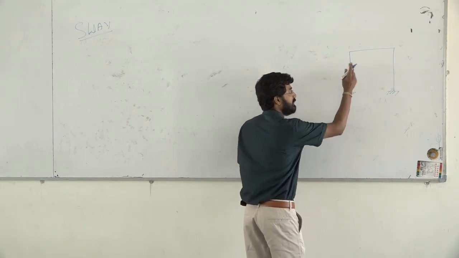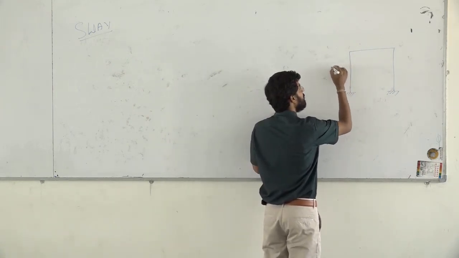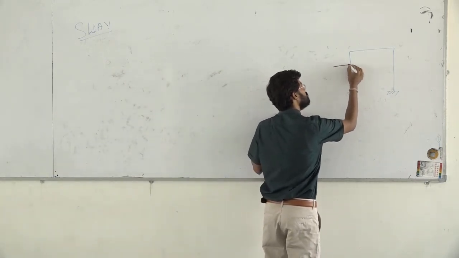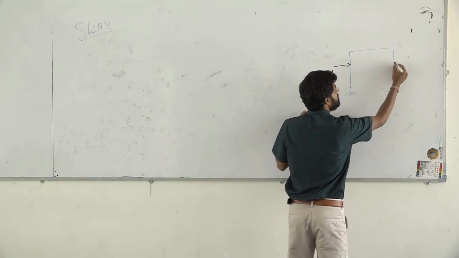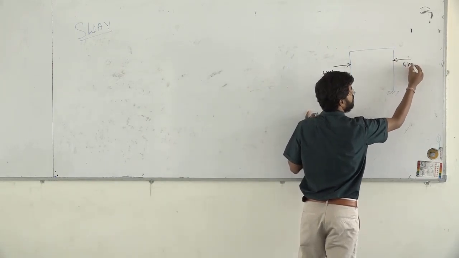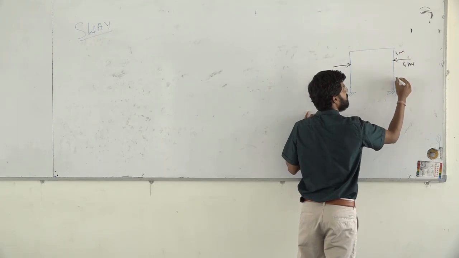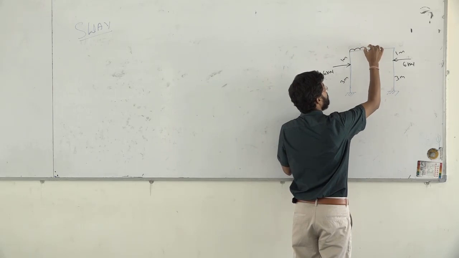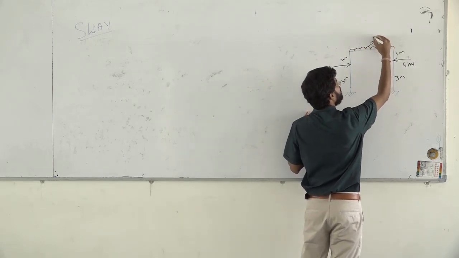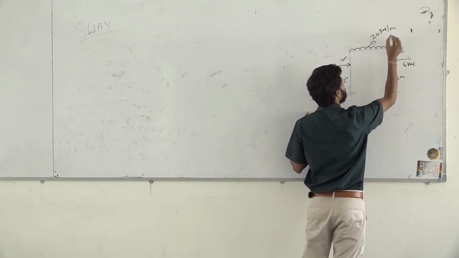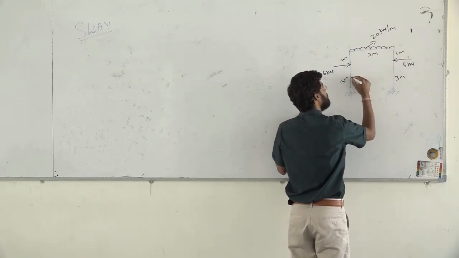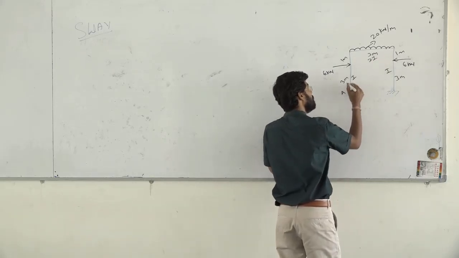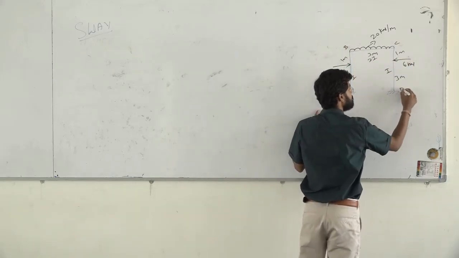Now let us take a frame. Let us apply a force of 6 kilonewton here, and similarly a force of 6 kilonewton over here. This is 1 meter, this is 3 meter, this is again 1 meter, this is 3 meter. Let us apply a UDL of 20 kilonewton per meter over 3 meters. This member is I, and let us take this one as 2I. This is our point A, this is B, this is C, and this is D.